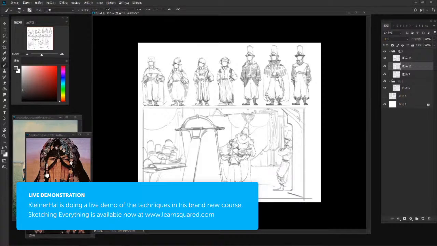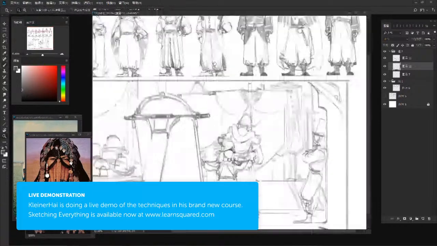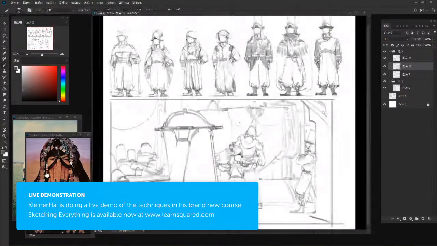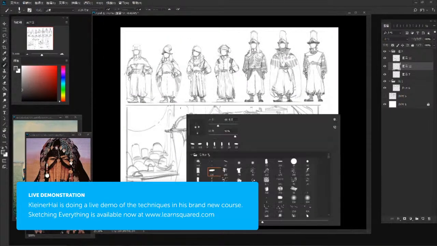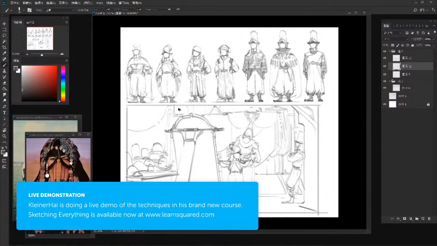The whole point of that process is to help students separate themselves from the idea that you have to be really precious about one picture and take it all the way to the finish stage immediately, like, oh, this is going to be my best picture, I'm going to put all this time into it. Instead, just think, okay, I took 30-40 minutes to make this picture. Now I'm going to move to the next one.